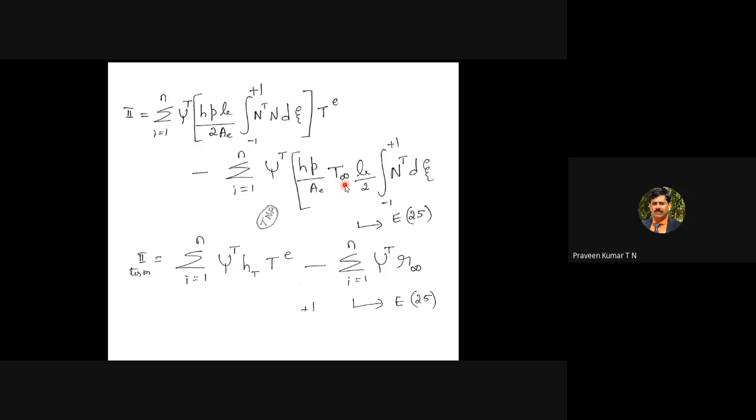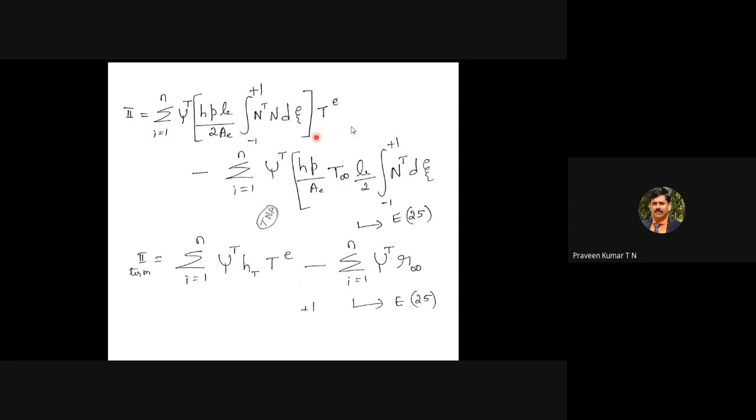Some amount of heat is generated within the element, that is given by r_Q. We have defined one vector r_Q. R_Q refers to how much heat is generated within the element. It is referred to as the heat force vector. There are two heat force vectors: one because of the generation, and one more because of the heat lost to the surrounding medium. Finally you get one vector, which is referred to as r infinity. The r infinity is nothing but a heat force vector.